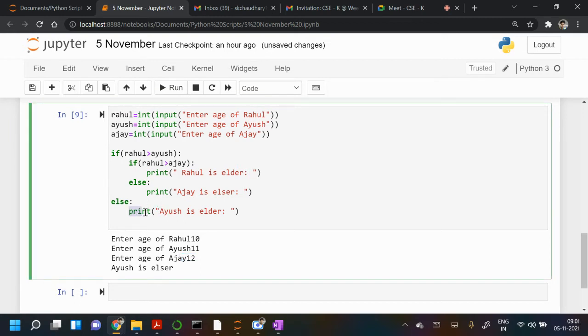Acha, in the else part, what happened? Okay, let us analyze this else part. This is because here Rahul is less aged than Ayush. So Ayush is more.